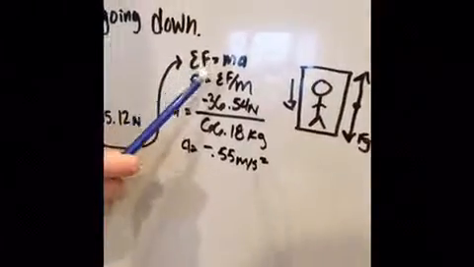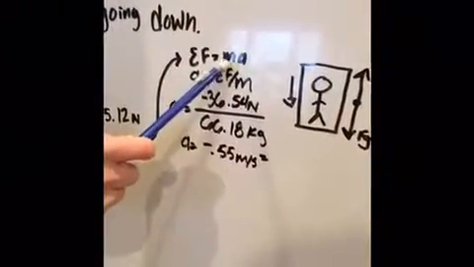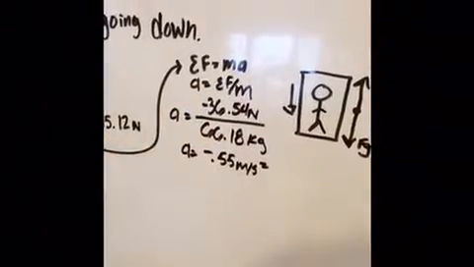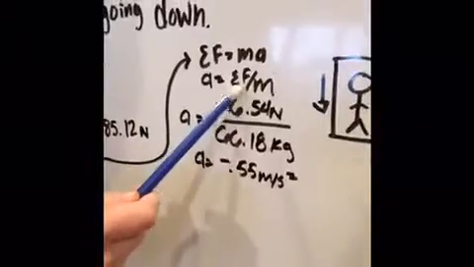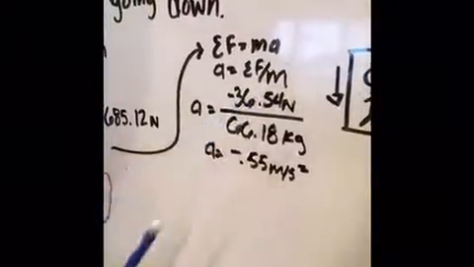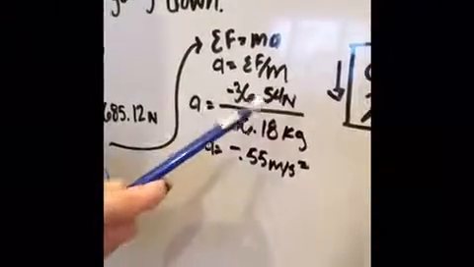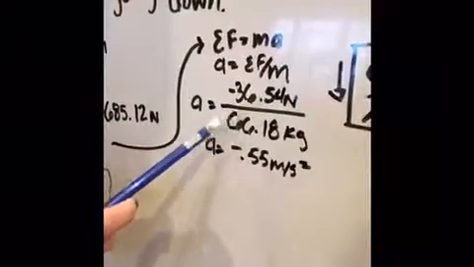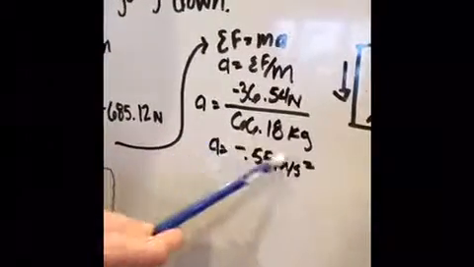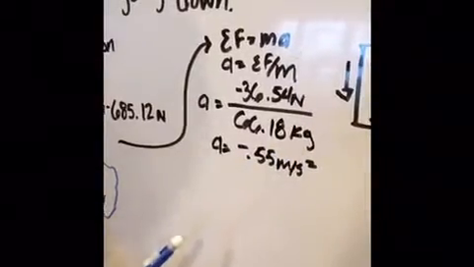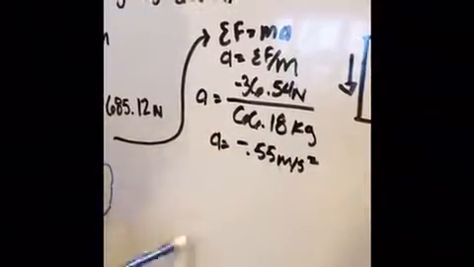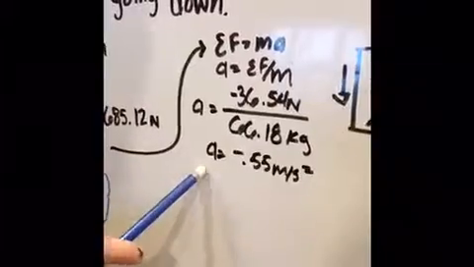Next, we took the net force equals mass times acceleration to find acceleration. We rearranged that to get acceleration equals net force divided by mass. We took the net force divided by the mass, using the kilogram version of the mass of the elevator going down, and the acceleration we found out